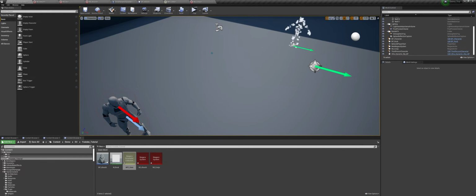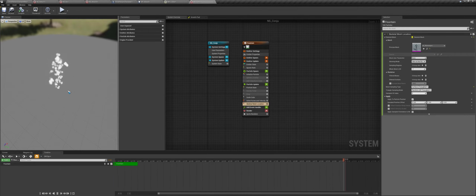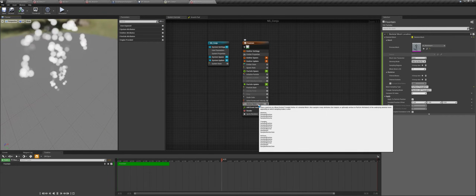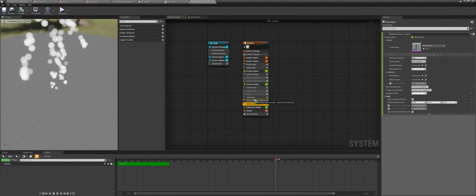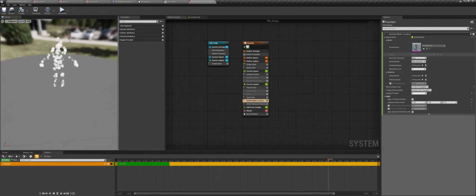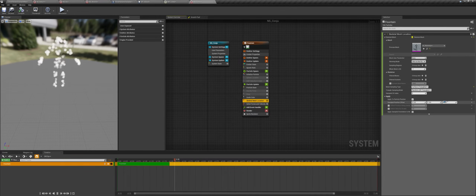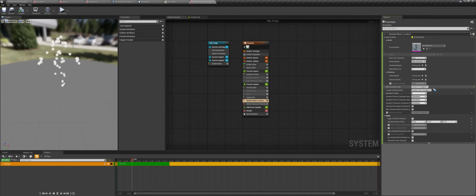So in order to do that, we can go to the configuration, and here we can add this skeletal mesh location above the solve mesh. So now whatever we set here will be set to this particle position.